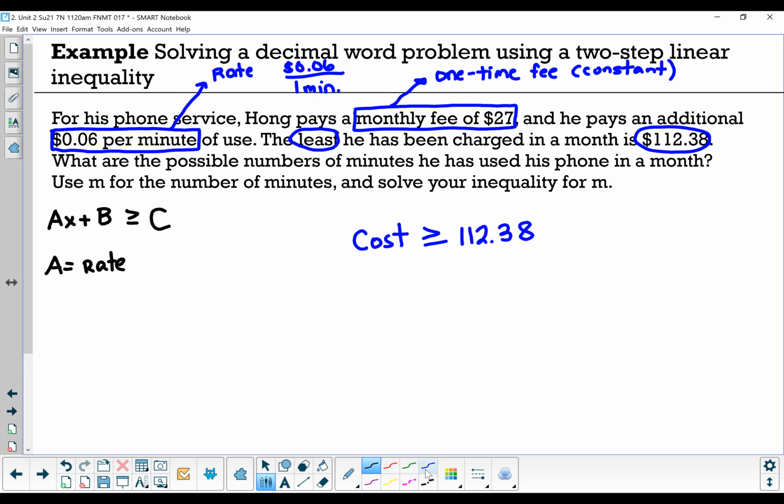And in this case, that works out to be 6 cents per minute. We saw B was our constant. And in this case, this turns out to be $27. And then C here is that cost, that charge, that total, which turns out to be